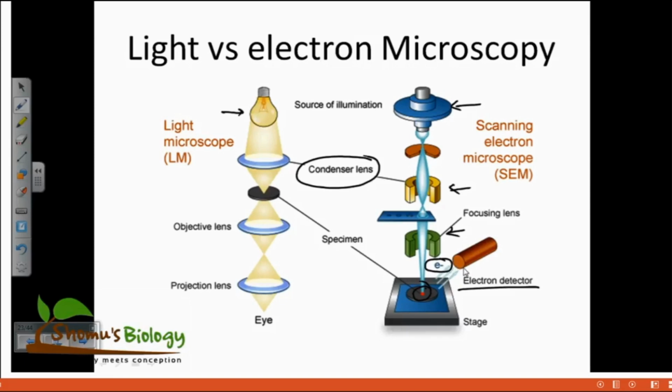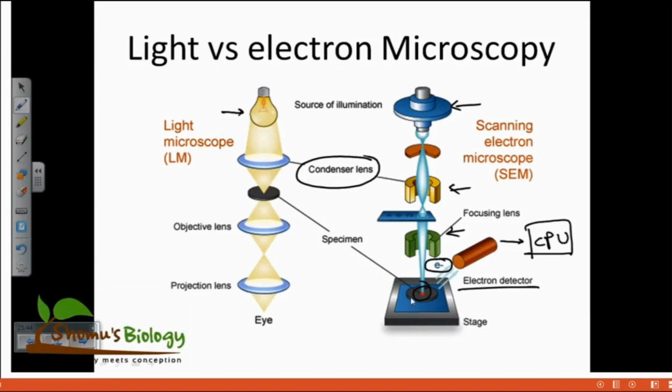And by getting the different electrons, whether reflecting or absorbing, by looking at it, this detector is going to tell the CPU to construct the image on the monitor screen of the sample which is present. Now remember, in this case, as we are not using any light to illuminate, we cannot see any coloration. The only thing we can see here is to figure out what kind of surface this sample has.